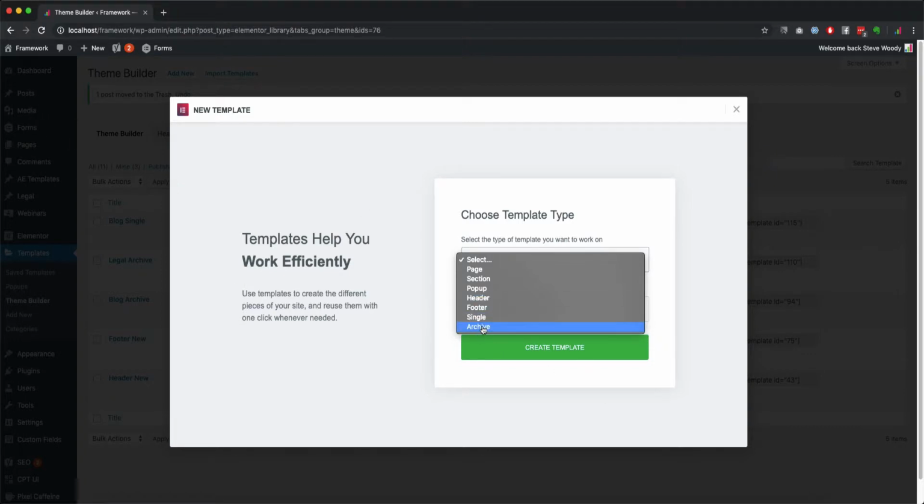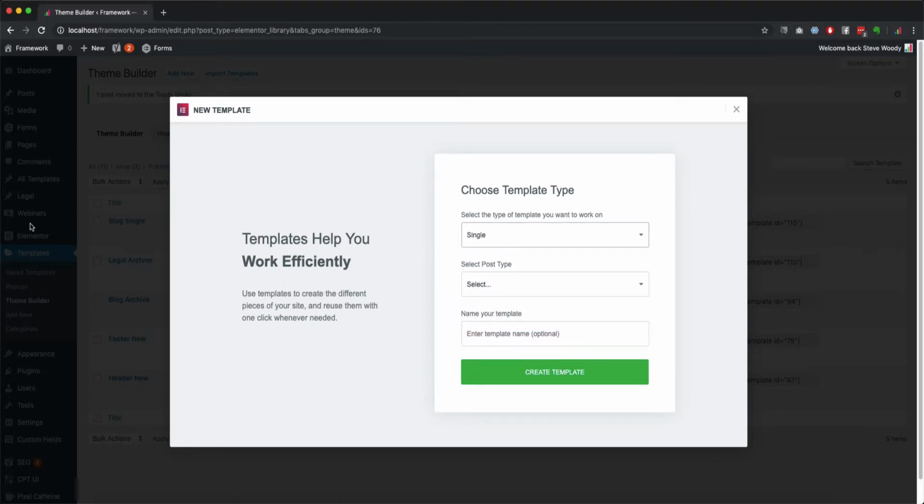post or an archive. Now remember I mentioned these at the very start and I've been going through them continuously so that you get used to them. An archive is the overview, a single is an individual page. So for the purpose of this, we're going to create a single, because we want to do a single webinar page. So the post type is going to be,